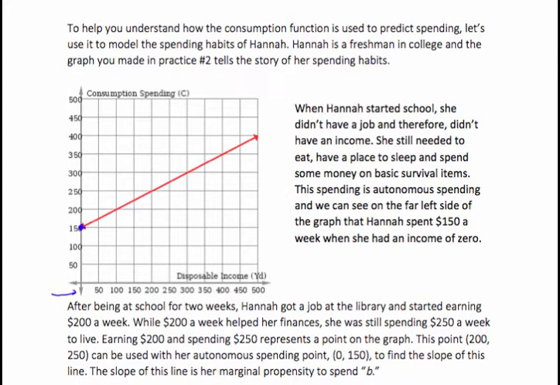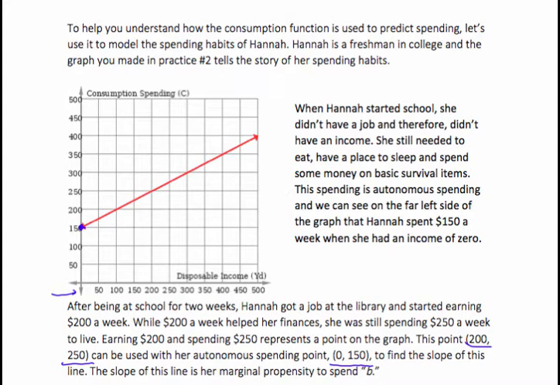Now, let's continue on with her story a little bit. After being at school for 2 weeks, Hannah got a job at the library and started earning $200 a week. And while $200 a week helped her finances, she was still spending $250 to live. So earning $200 and spending $250 represents a point on the graph. This point, 200, 250, can be used with her autonomous spending point, 0, 150, to find the slope of this line. And remember, the slope of the line is her marginal propensity to spend, the likelihood of her spending her